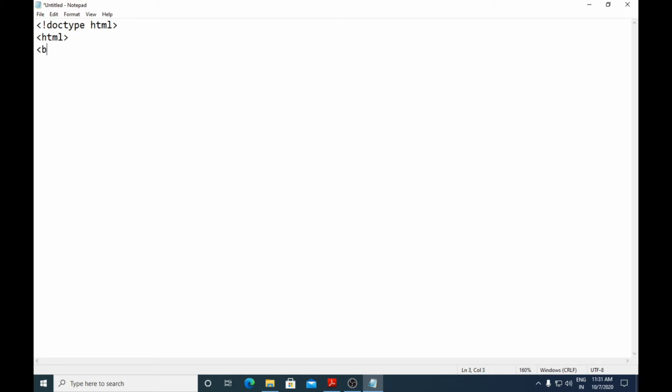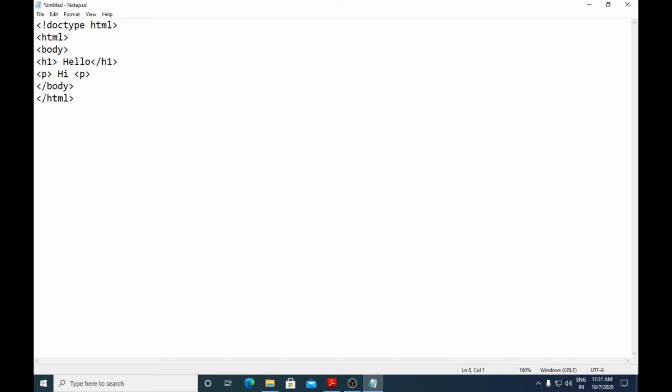Next, I'll make use of the body element, and here I'll use h1, hello. Then I'll make use of a paragraph p element, hi. Then I'll close the body element, and then I'll close the HTML element.